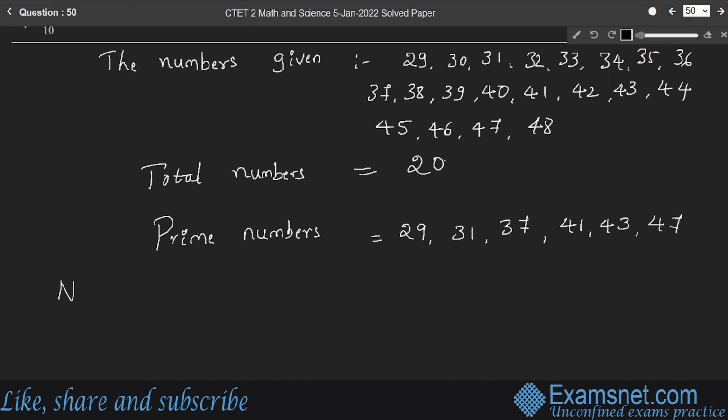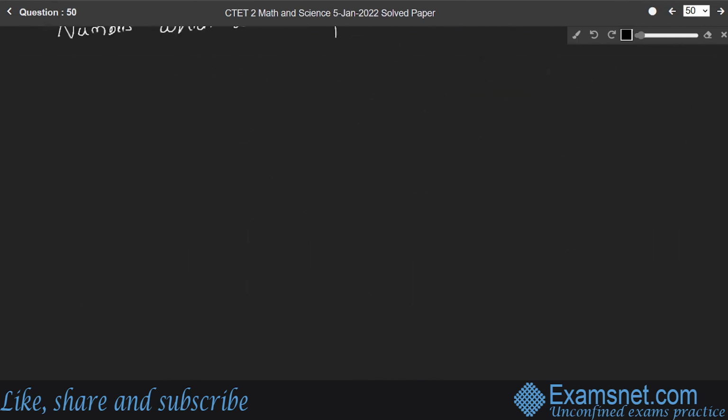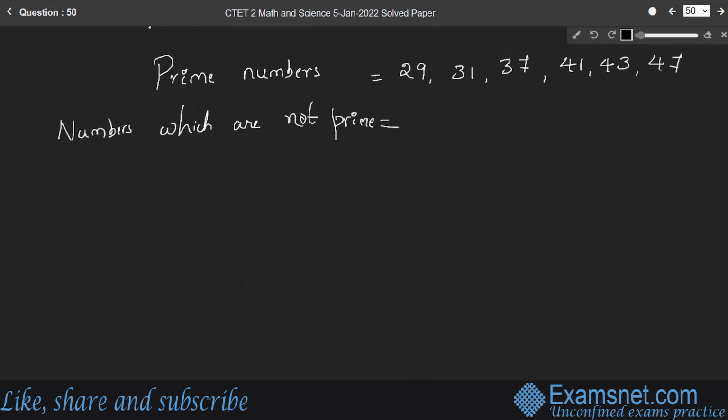So numbers which are not prime, we need to find the probability that the selected number is not a prime number, right? Therefore, the numbers which are not prime are 30,